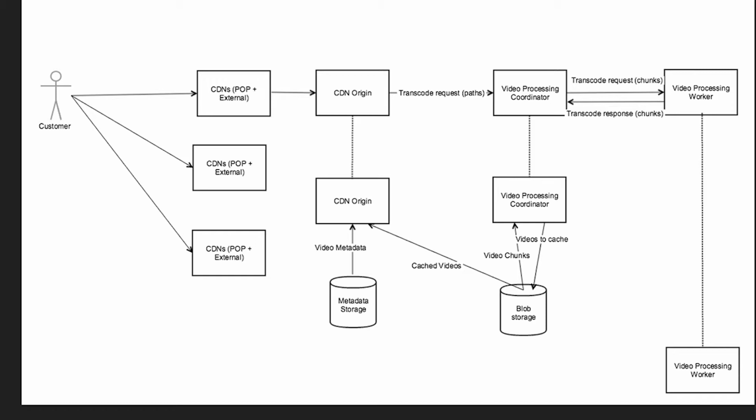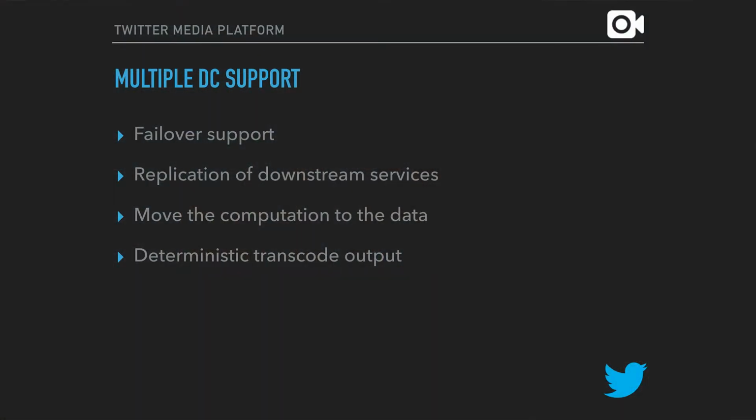In terms of being a distributed system and supporting failovers, what do we do? Twitter is in two data centers. We have one in Sacramento and one in Atlanta, and we are present in both DCs, and we have full failover support. If one of the DCs goes down, we can continue our operations in the other one, and we do DNS failovers and so on.